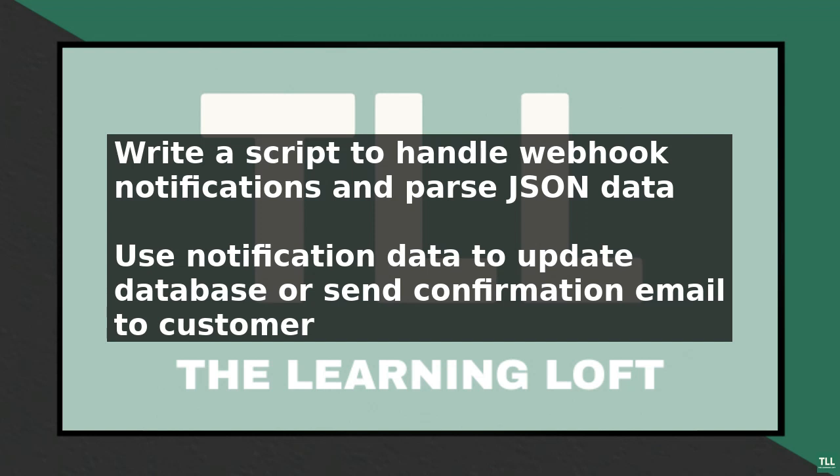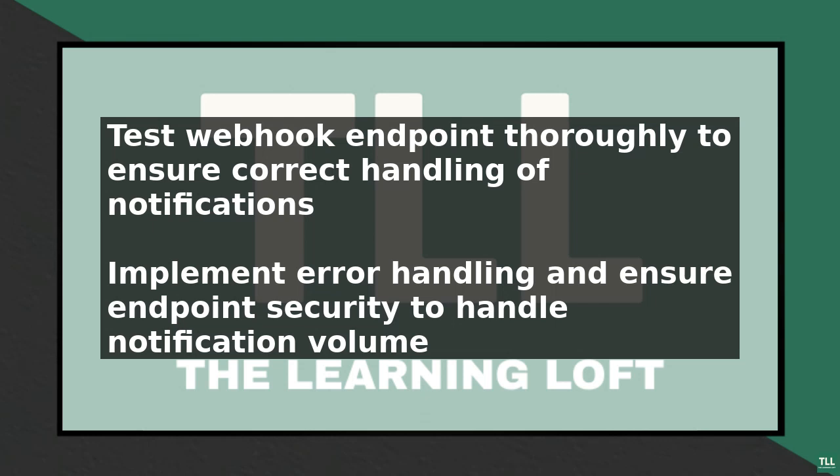email to the customer. Best practices for automating Authorize Net webhook events include testing your webhook endpoint thoroughly to ensure it can handle the event notifications correctly. You should also implement error handling to handle any errors that may occur during the processing of the notifications. Additionally, you should ensure that your webhook endpoint is secure and can handle the volume of notifications you expect to